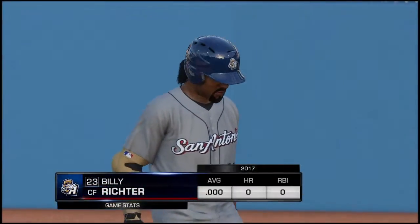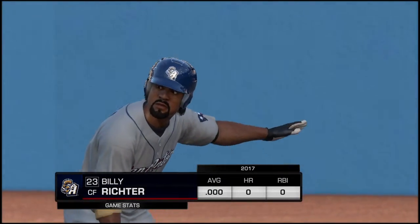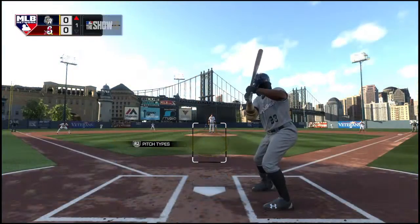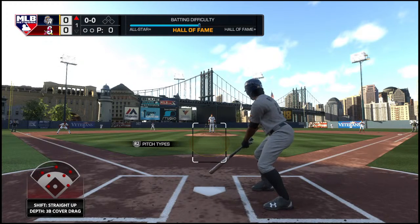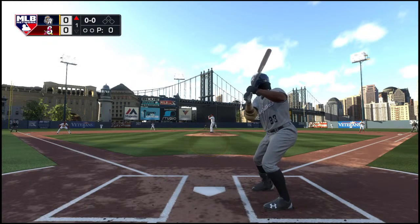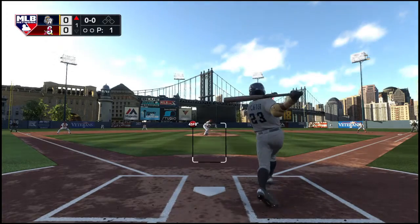So striding forward now, Billy Richter. And we are set for baseball here this evening. Center fielder, Billy Richter. First pitch of the at-bat. And he